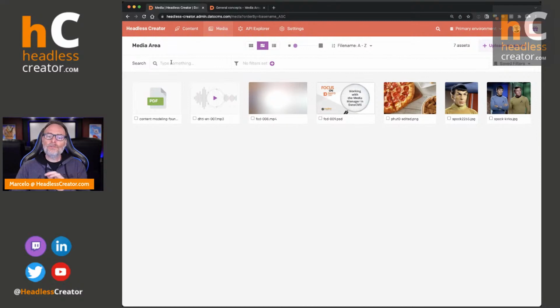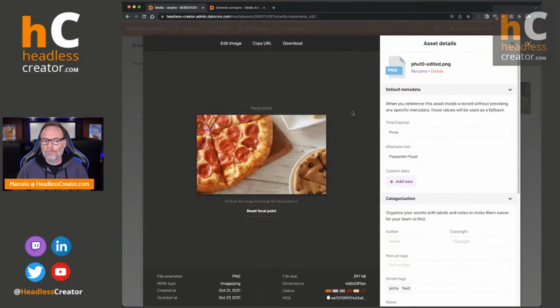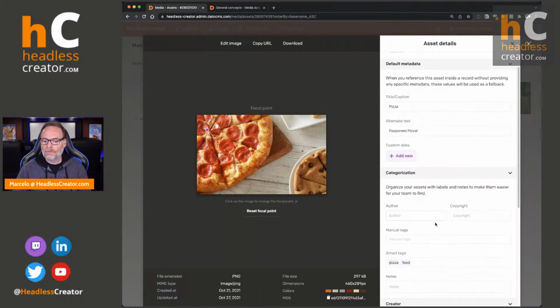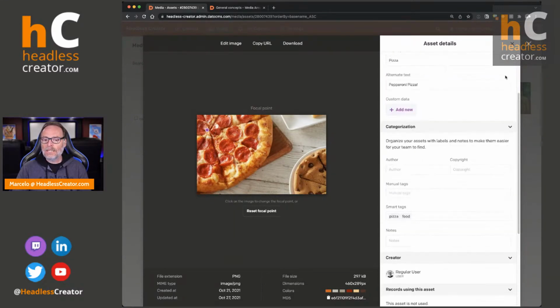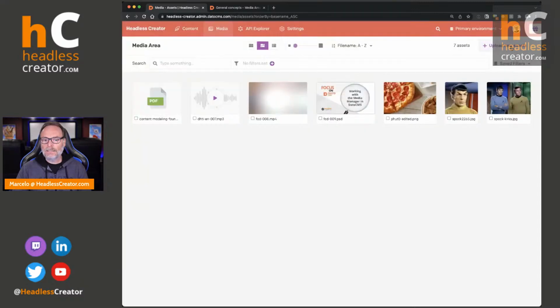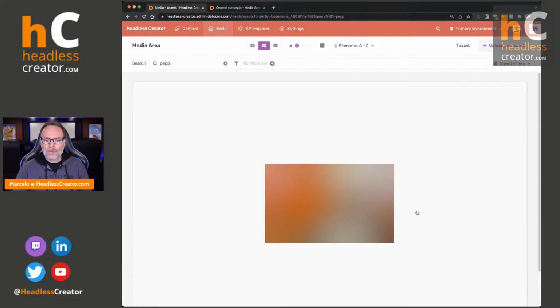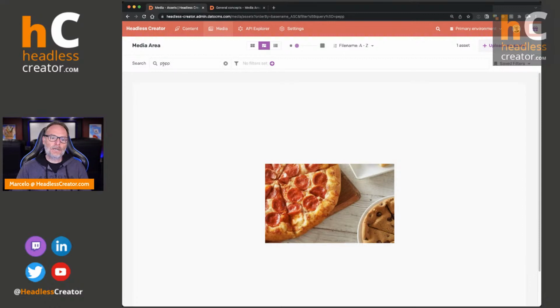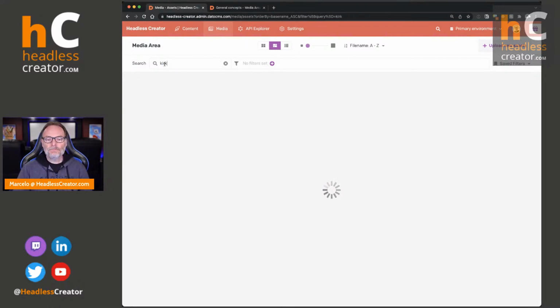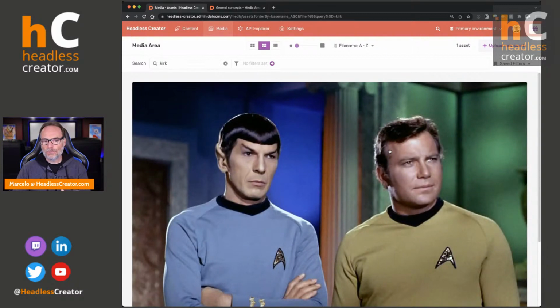Searching wise, when you search, it'll search not just by the file name, but it'll search for any content inside the file name. So for example, if we look at this PNG, and I'm going to go through this whole process here, but it'll search by title, caption, alternate text, any kind of categorization you have, anything like that. So for example, if I say pepperoni right there, and we type in pepperoni here, we should get the one right there. If I type in Kirk, we'll have one image, which is Captain Kirk. Okay. If I type in Spock,